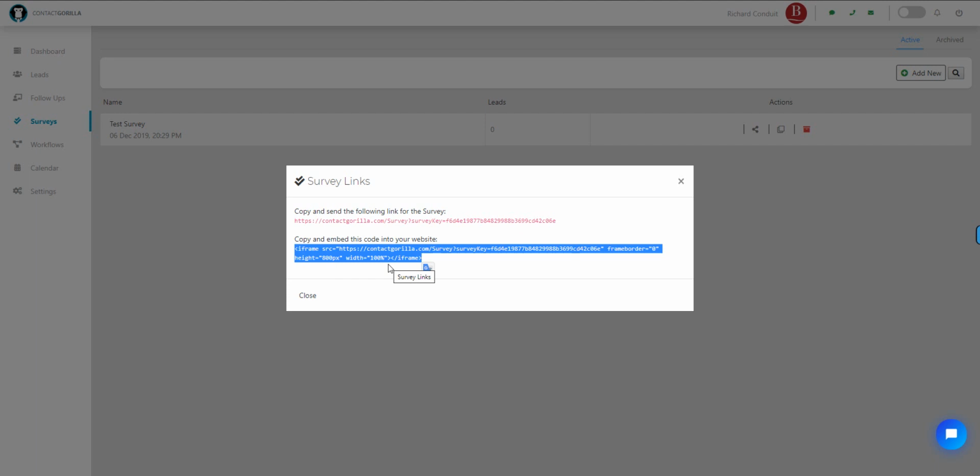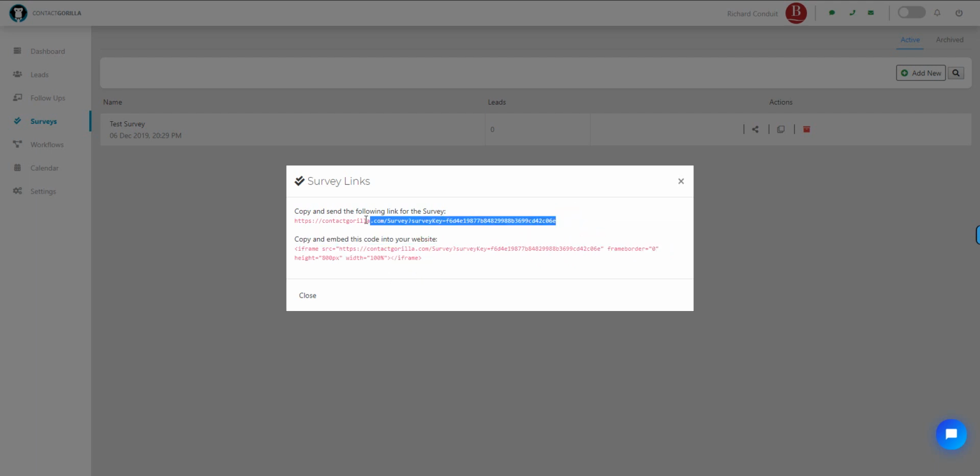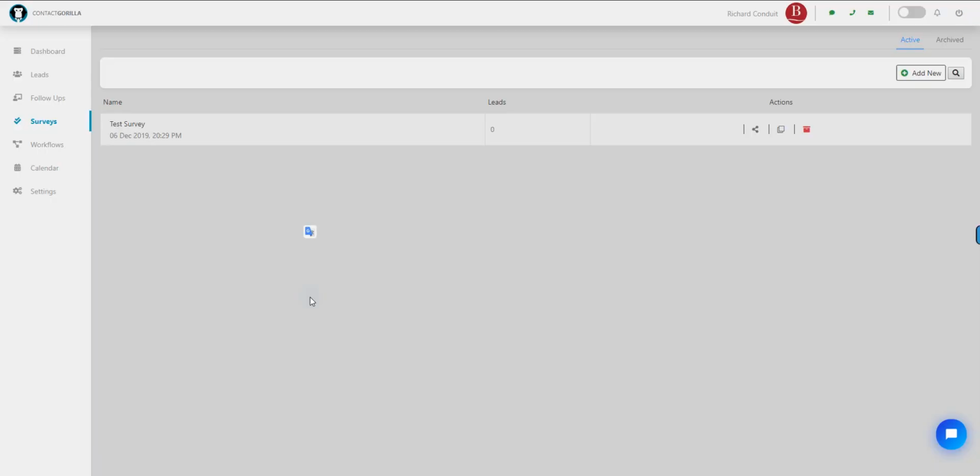So now you've built a form, you can put it on your website. Anybody that goes into the website, fills out the form, those details will be automatically added to your Contact Gorilla account, and it will fire off one of your follow-up sequences, whichever one you choose. Or you have a link here that you can use and send people to. So there's a couple of different ways that you can use these. They're very, very useful. They do work, and I would definitely recommend you trying them as and when you